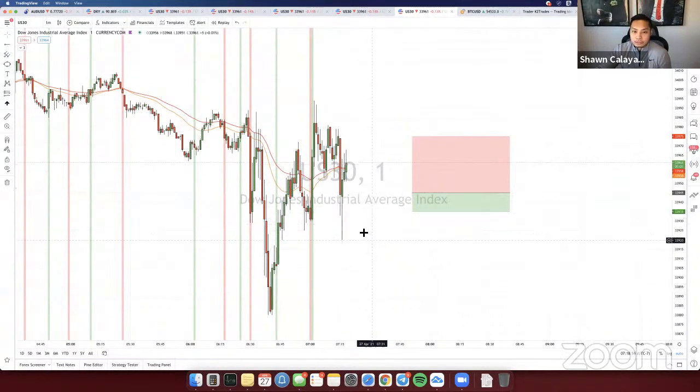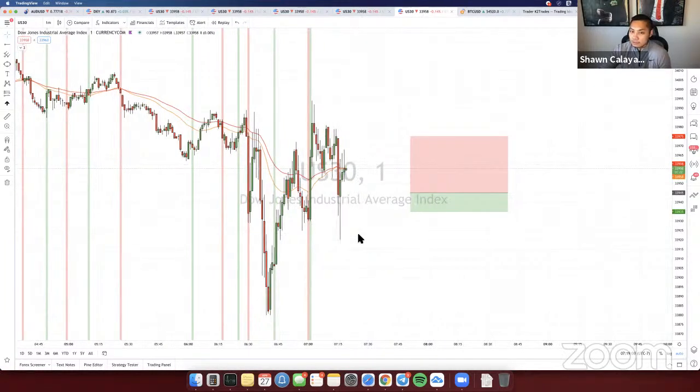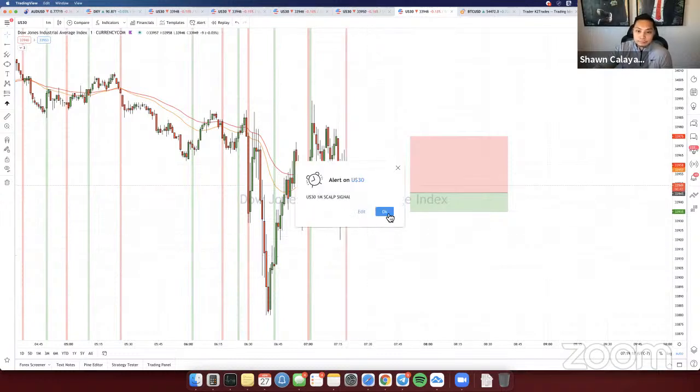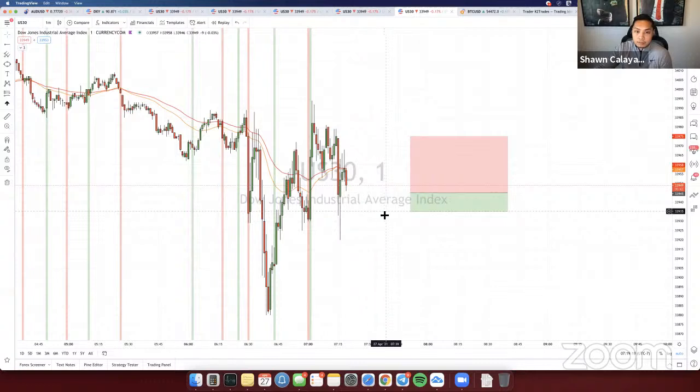I missed this drop right here. I was so busy reading messages, and then my MT4 froze, so I couldn't close out. I was trying to just close out with some profit, if not at break even, because like I mentioned, I don't like to see any red on my screen. If I know a trade's gonna come down, I'm gonna be patient and wait for it. There we go. Let's drop it from this point.